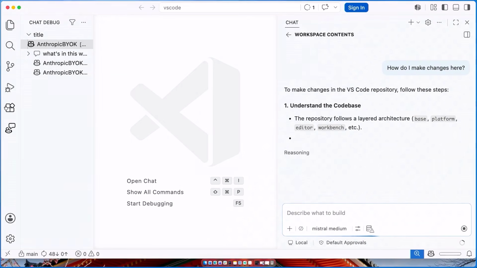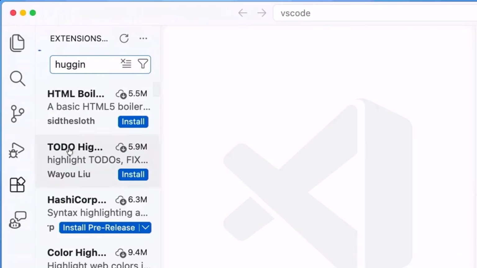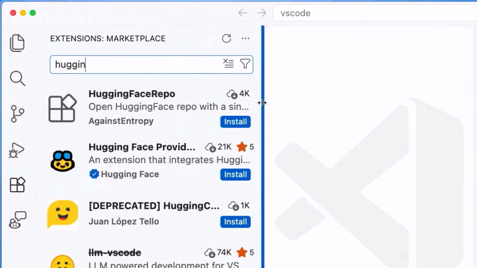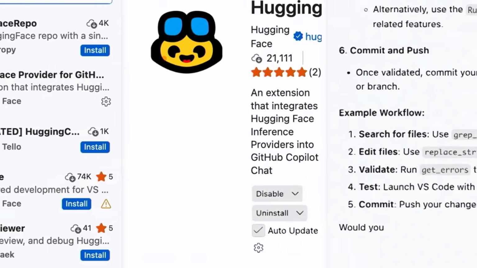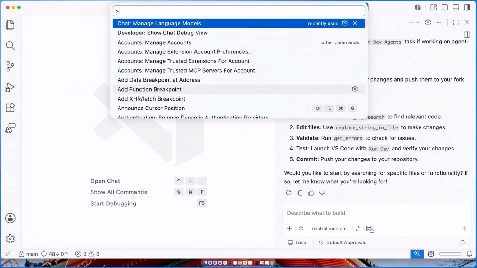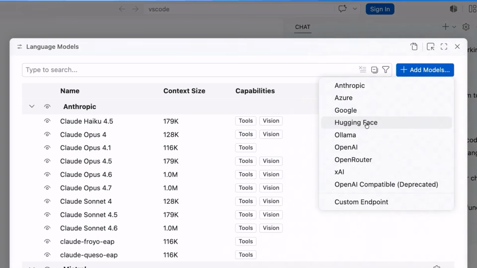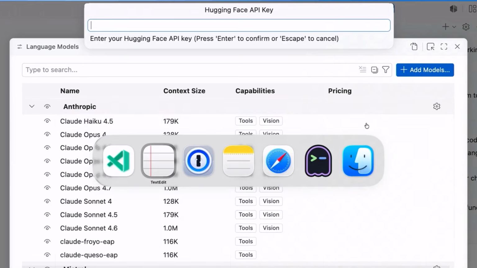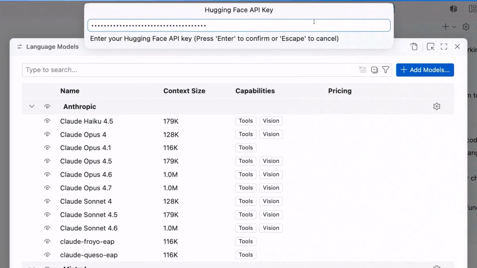The next thing I'd like to point out is third-party extensions. The language model providers API is extensible, which can be supported by extensions, and you can make your own. I'm going to go ahead and install the Hugging Face provider. I'll trust them and install it. So if I now go back to the Manage Language Models view, I will now see Hugging Face over here, which I can select. I will add Hugging Face's API key to pull the repos I have available over there